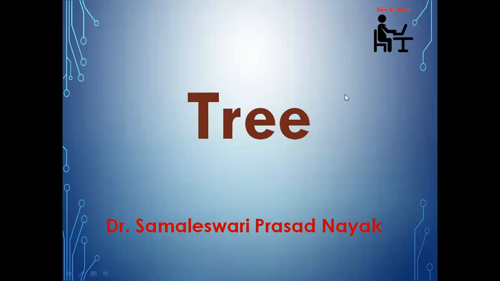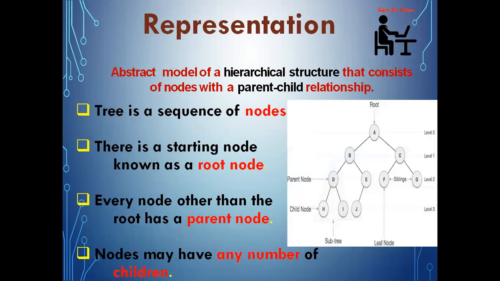Today we'll discuss one of the best data structures, known as the tree, which comes under the category of non-linear data structures. We have already discussed the difference between linear and non-linear data structures. If you see the representation of a tree, you can check that from one node we can traverse to multiple nodes. After node A, you have the option of which node to traverse next. Either we can go to B or we can go to C.